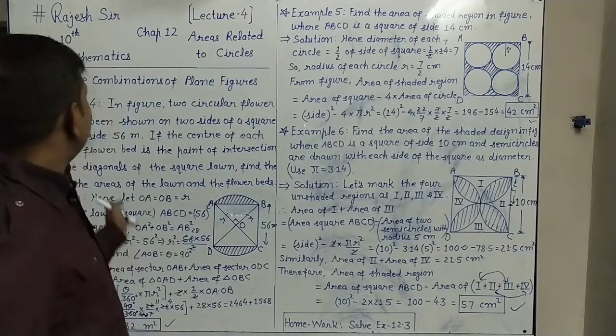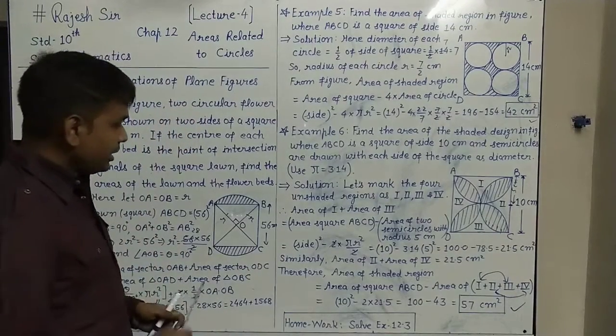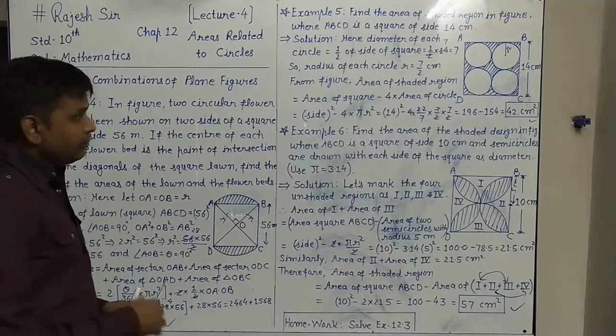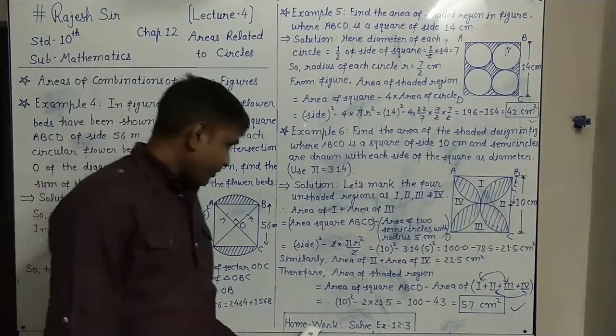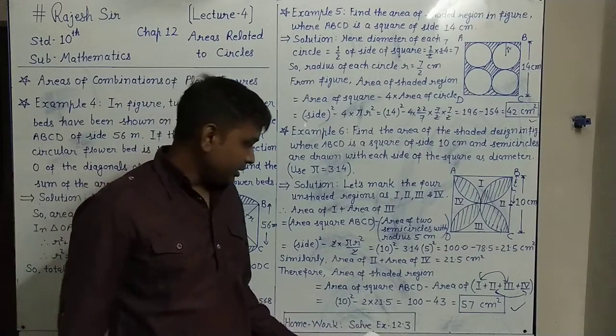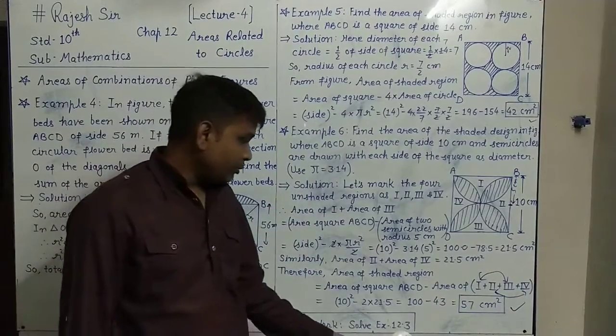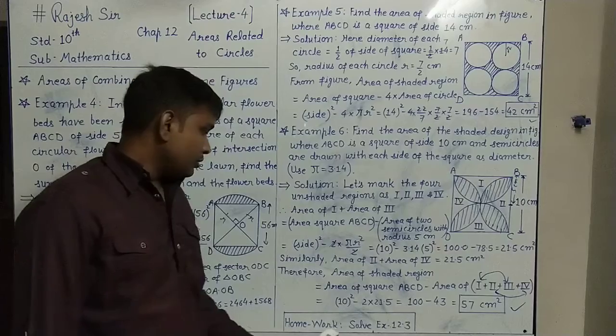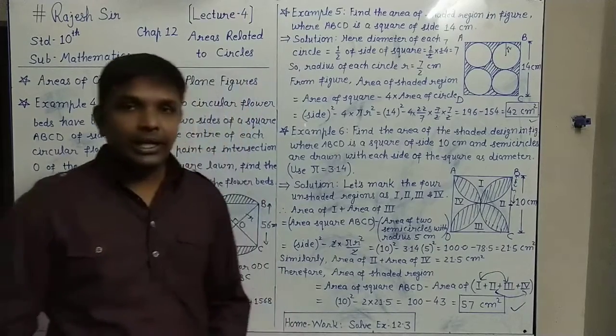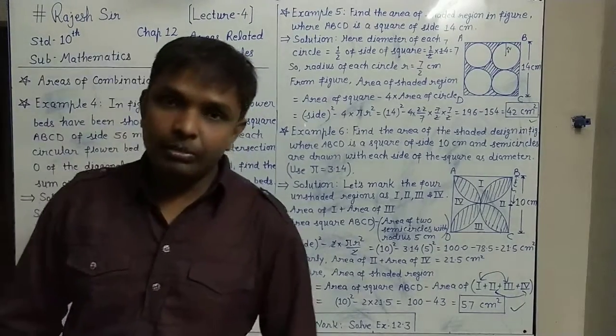So this type of area of combinations of plane figures you can find, and after all these examples, we have exercise 12.3. So this is your homework: solve exercise 12.3 and complete it. In this way the chapter will also be